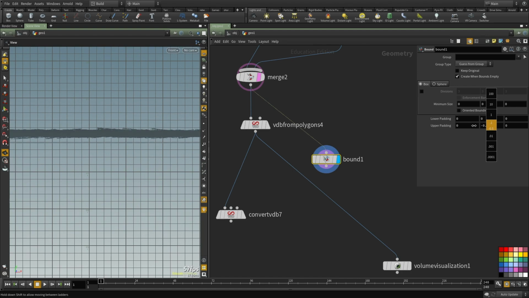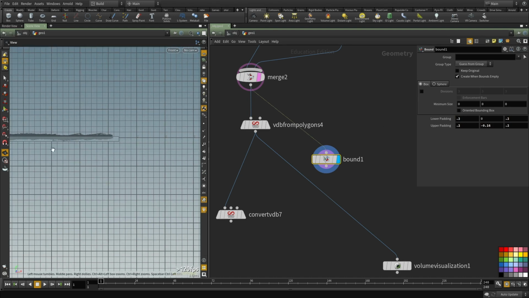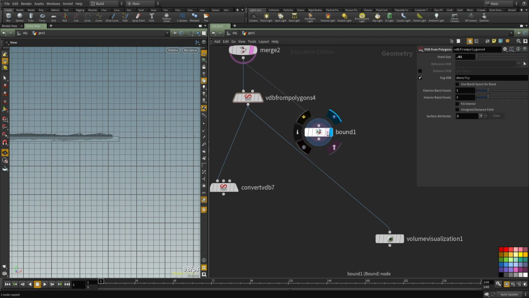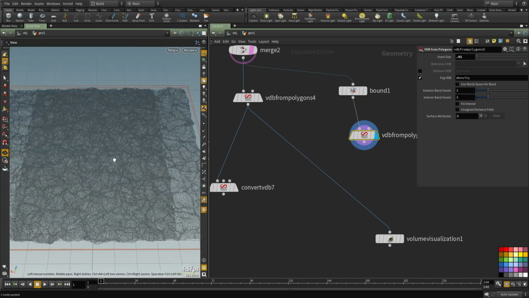Sorry, I want to do that, and this is basically how far I want it to clip. Let's go up a little bit more, something like that, and let's expand the boundaries. So 0.2, 0.2, 0.2. Cool. So we have a little bit of room, and I'm going to copy this, paste it, and now we have a flat polygon